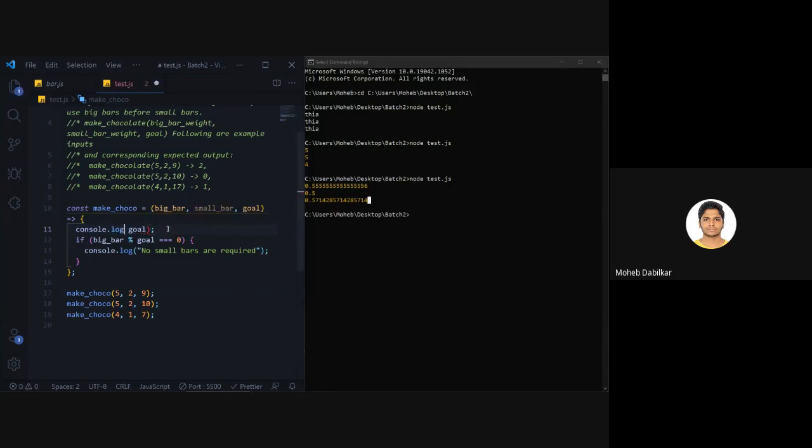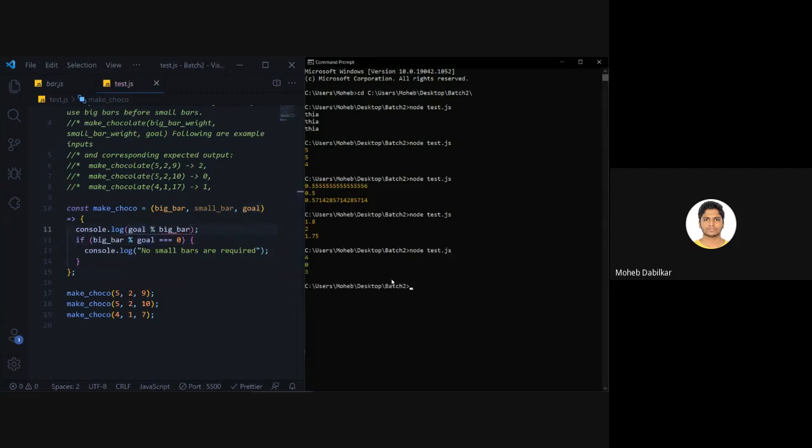Sorry, that was a syntax error. So it should say big bar. Now if I run it, it says 1.82 and this. And we don't need the quotient, we need the remainder. So we'll say percent. We should know that percent returns us the remainder. Now if you see over here, we are getting 0.